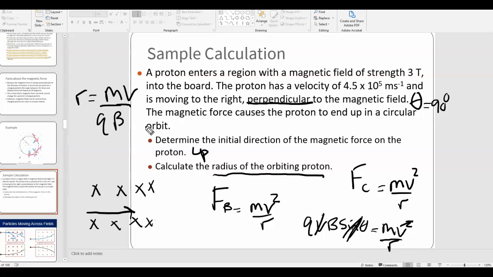And so we can calculate the radius of the orbiting proton just by plugging in the mass of a proton, which is given in the data booklet. I think it's 1.67 times 10 to the negative 27, times v, which is given in the problem as 4.5 times 10 to the 5. We know that the charge of the proton is 1.6 times 10 to the negative 19, and we know B is 3 Tesla. And so if you plug all of that into the calculator correctly, you should get 0.0016 meters. And just for simplicity, I will convert that to millimeters. That's 1.6